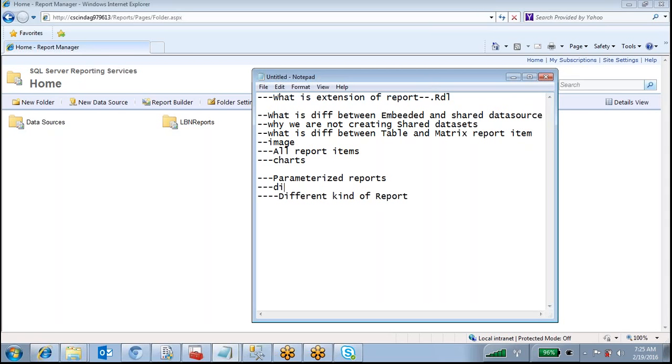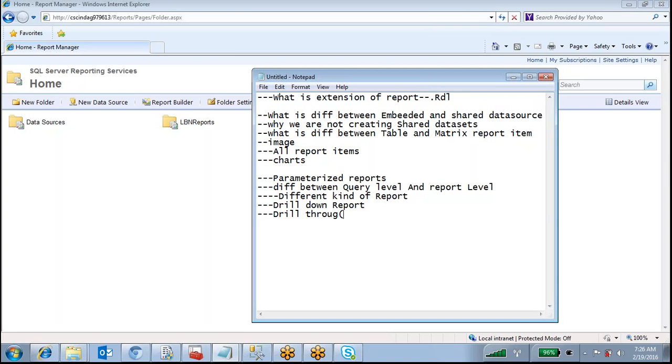The difference between query level and report level parameter. Different kinds of reports means drill down report, sub report, drill through report.